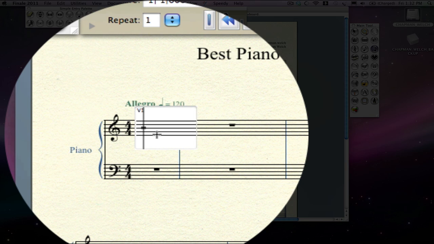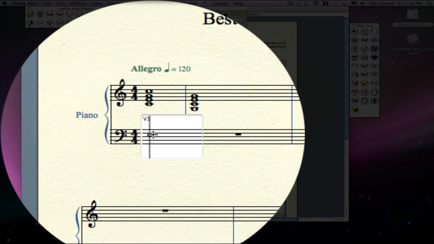And I have my trusty keyboard here. Once again, I'm just going to do something really simple. There it is. Okay. Sorry, I hadn't used it in a while. Come down here to the bass. I need to drop it down an octave. Come over here. Drop it down another